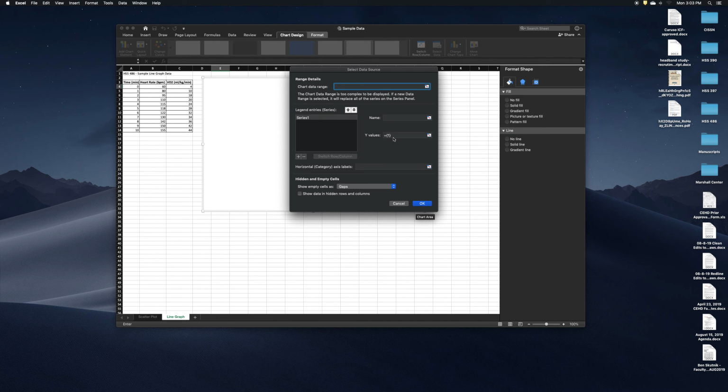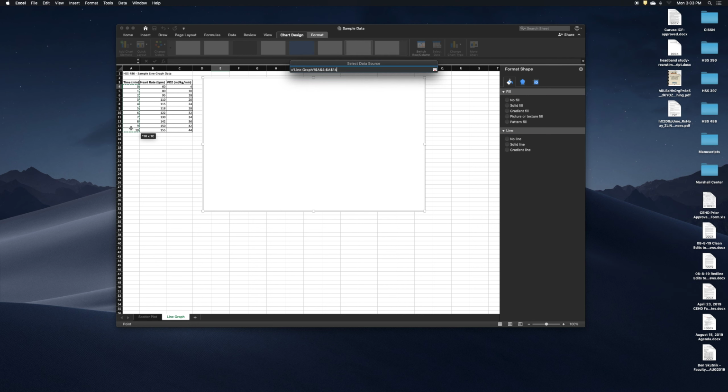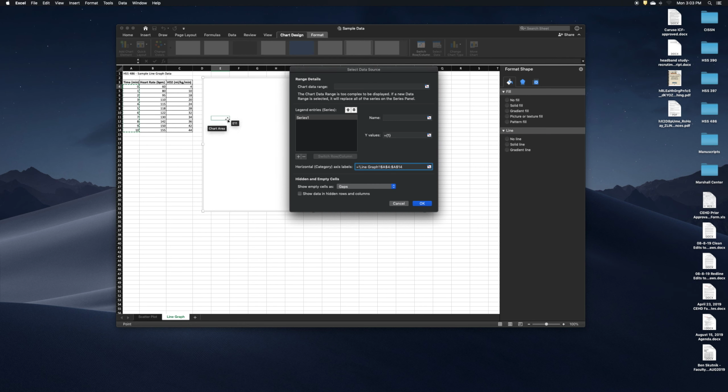Now I'm going to add a series and notice that there's no X values anymore. That's down here. So horizontal category axis labels. That gets taken because with line graphs, we make line graphs when we know something is going to be a time series, right? Or a series of interventions. So it can be like, oh, every week or first, second, third, fourth, or whatever. In this case, we're looking at minutes. So the horizontal category is going to be our x-axis because now the independent variable is a set number, whereas earlier with our scatter plot, height was